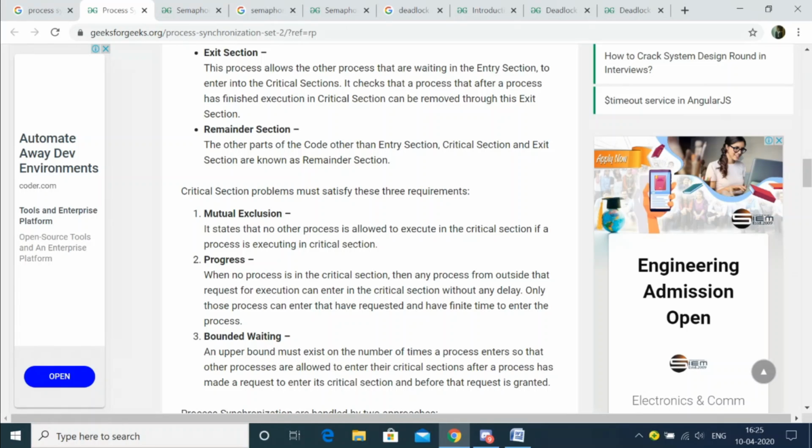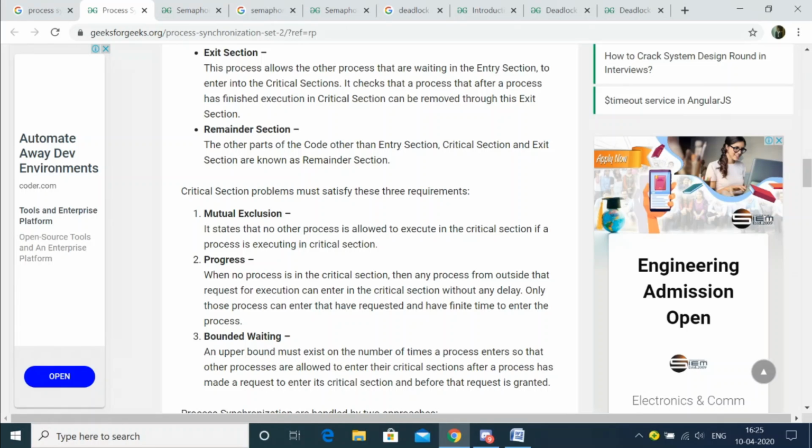Is the progress. Okay, so what does it say? When no process is in the critical section, that means no processes are there, then any process from outside that requests execution can enter the critical section without any delay. So if there is no process at all in the critical section region, then it's fine. Whoever makes the first request will be given the priority and can enter the